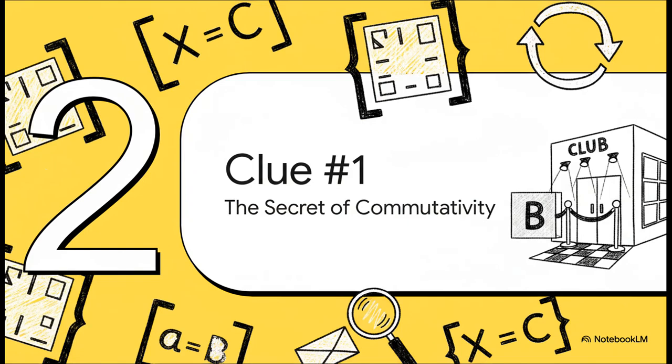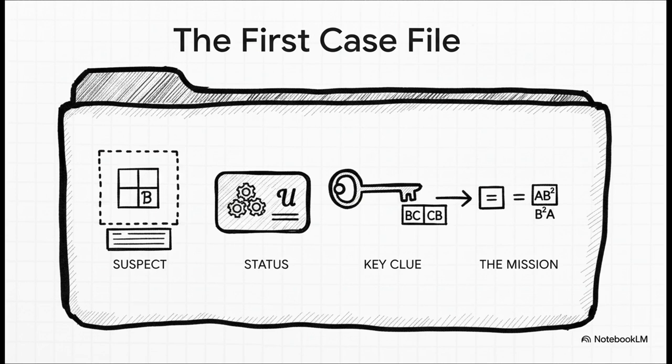All right, let's open our first case file. We've got a person, a matrix of interest, named B. And here's the kicker. B is already inside the club. So, the file on B gives us a couple of critical clues. We know B is a member, so AB plus BA equals C. Check. And here's the big one. B and C are partners in crime, you could say. They commute, meaning BC equals CB. So, what's our mission? We need to prove that this relationship implies another secret connection, that A and B squared